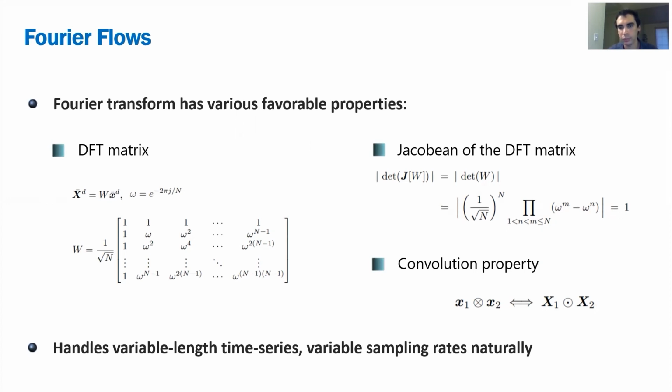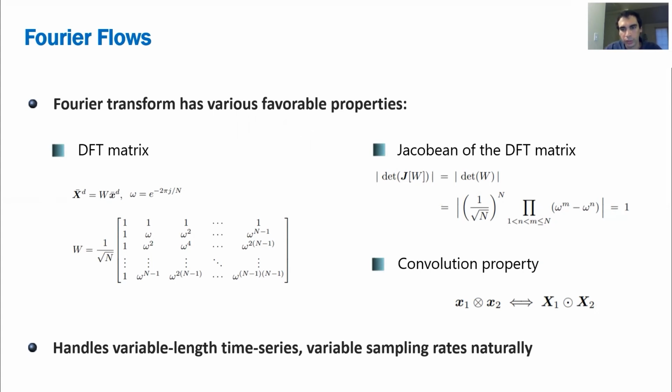But that's not the key advantage of it in the context of normalizing flows. The key advantage is that the Jacobian of the Fourier transform is very easy to compute, and it has this convolution property that makes it especially relevant in many computational contexts. So if we apply